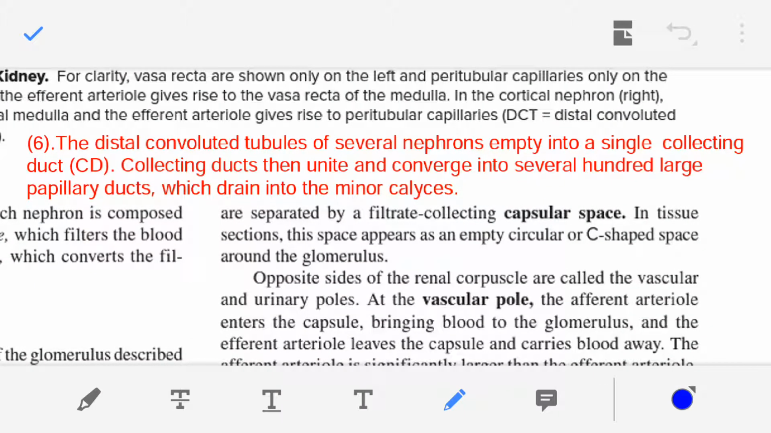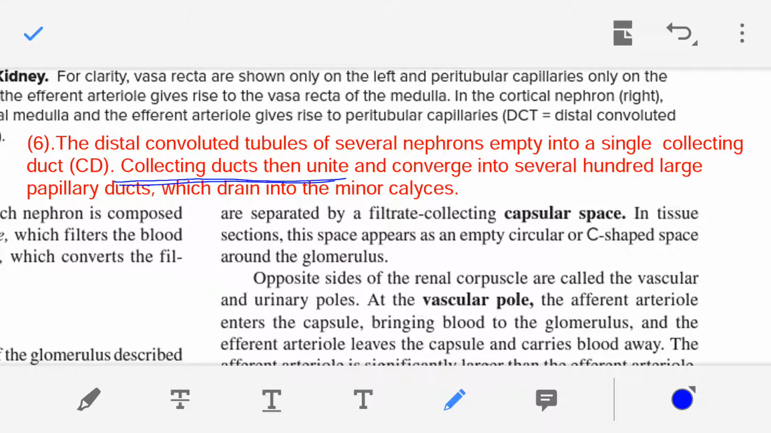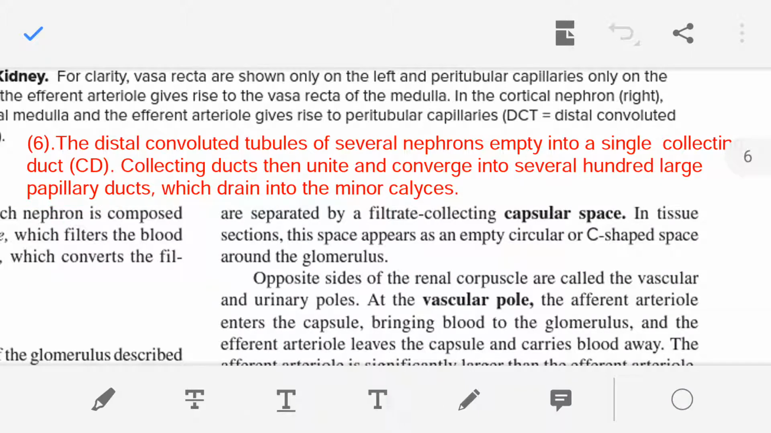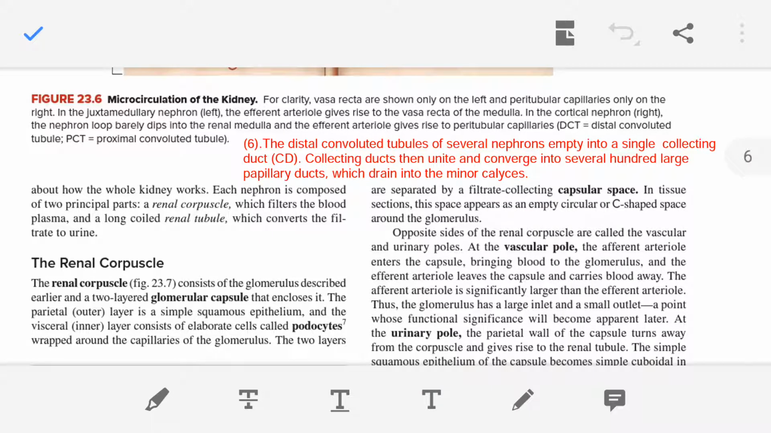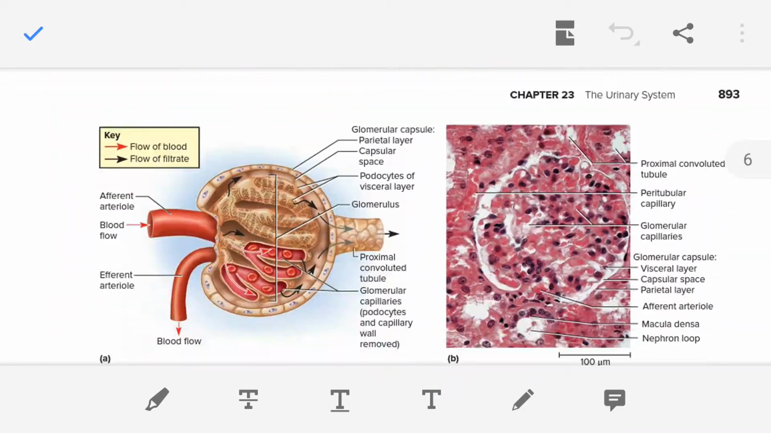Now where do these collecting ducts go? The collecting ducts merge together, they unite, and they open into the papillary duct. Several hundred papillary ducts are present in the kidney, and these papillary ducts drain the urine into the minor calyx. In the figure I am showing you,